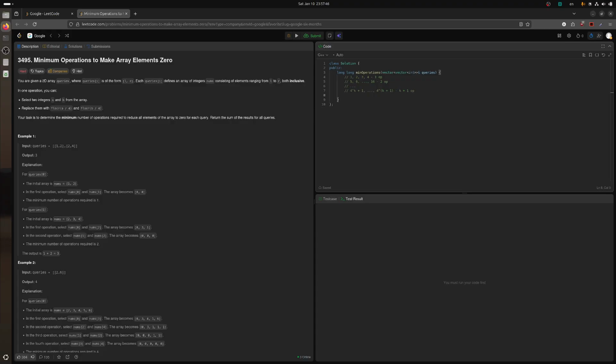Okay, and what does that mean for me? Well, if I would just decrease a number one at a time, I already have the answer: I just count integers in each range in each query. But since I can decrease 2 at a time,